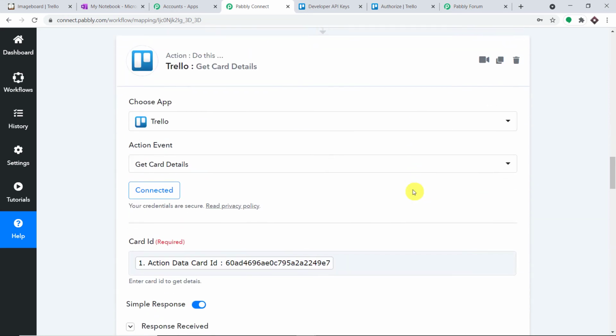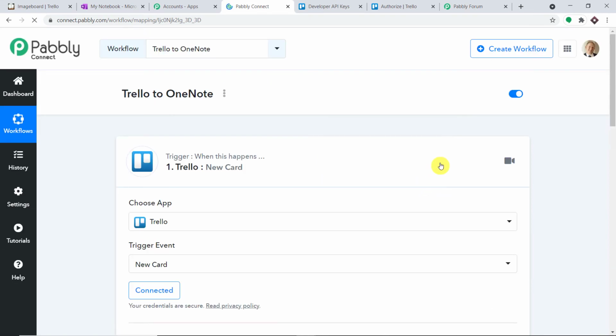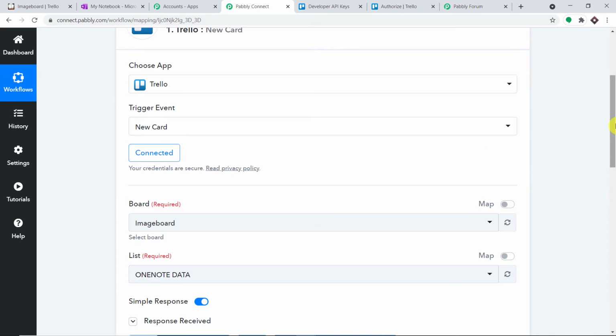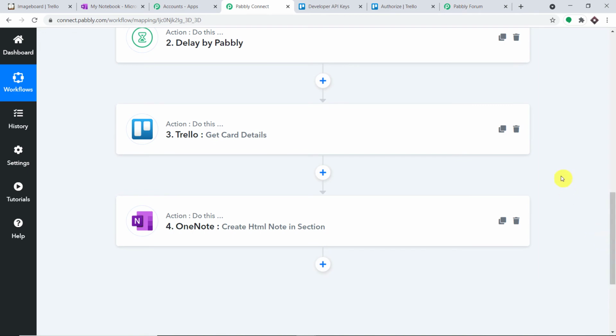Now this is something that you have to tell the rest of the windows, and this is how you tell the rest of the windows that we have delayed the process. You basically click on F5, your refresh button. So the whole window has been refreshed. Now they know that the whole workflow has been delayed for 2 minutes.